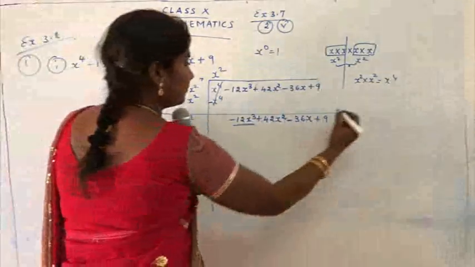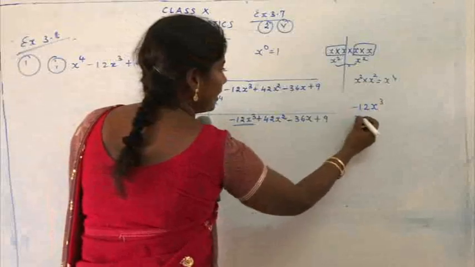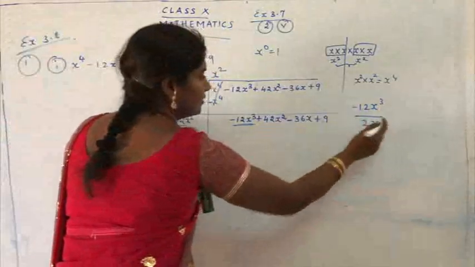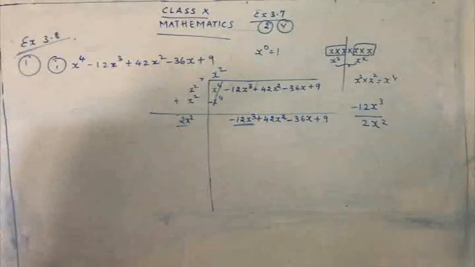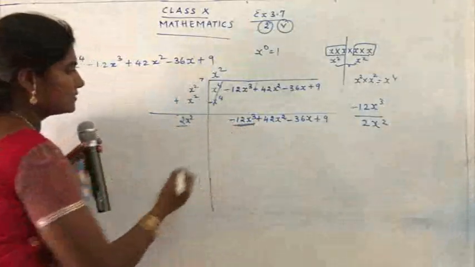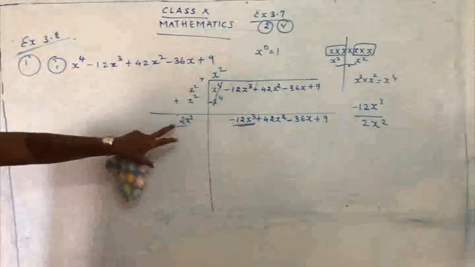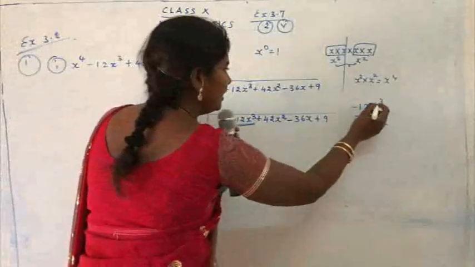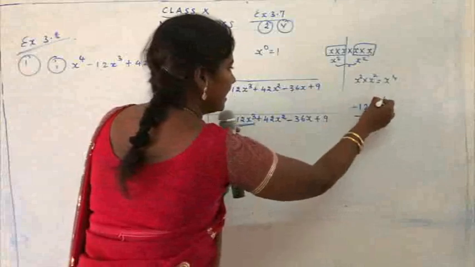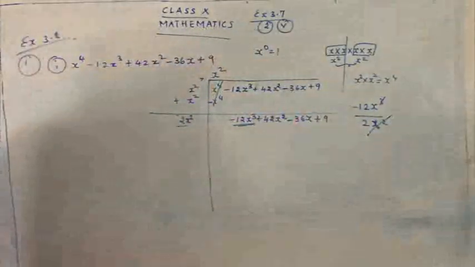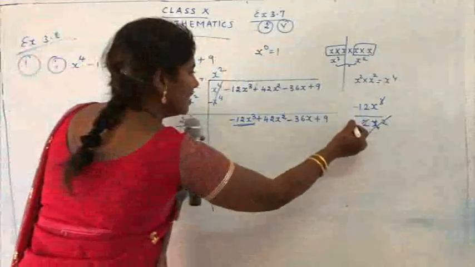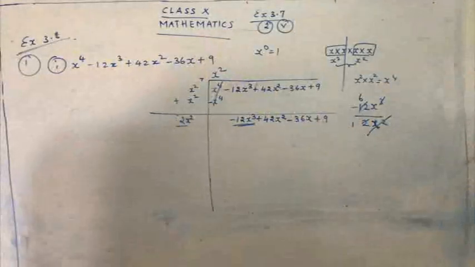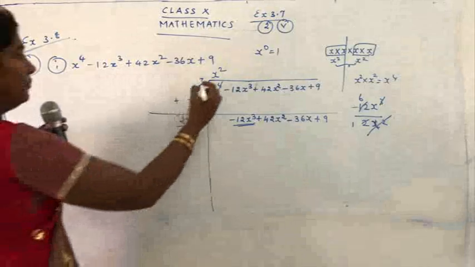Let's see how to divide. See here, children, it's minus 12x cube upon 2x square. So divide by 2x square. Do not get confused, it's a very, very crucial step. I am just taking the first term, that's minus 12x cube upon 2x square. So cancel the variable square. Here we have 2x, here we have 3x. So the 2x goes off and only 1x is left. Now 2 into 6 is 12. So what is left, children? Minus 6x.